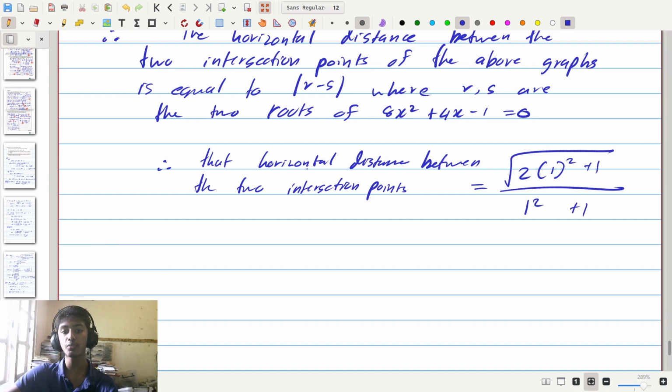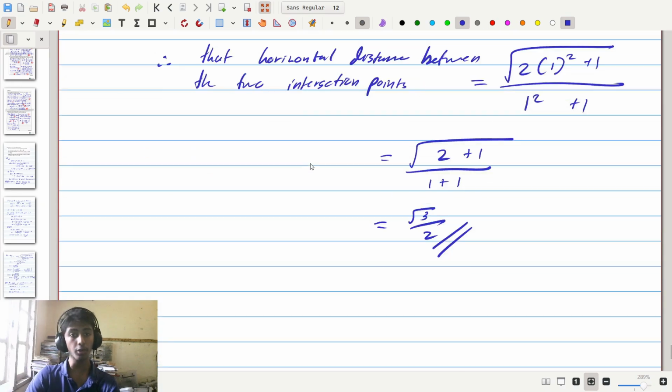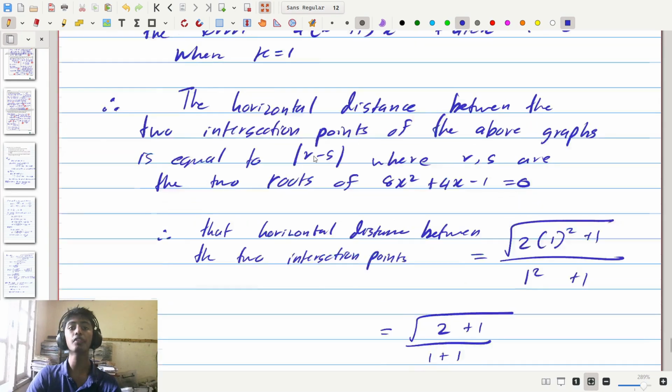And now if we simplify this, we can see we have the square root of 2 times 1, which is 2, plus 1, divided by 1 plus 1, which is equal to the square root of 3 divided by 2. And hence, the horizontal distance between the two intersection points of the above two graphs